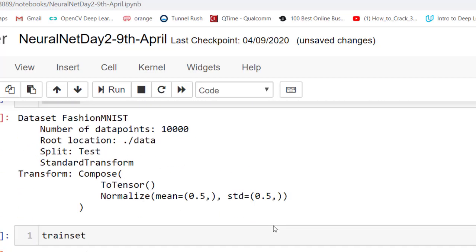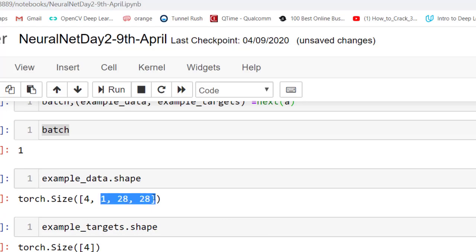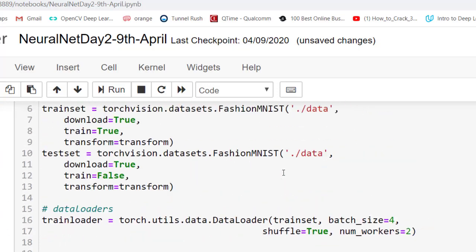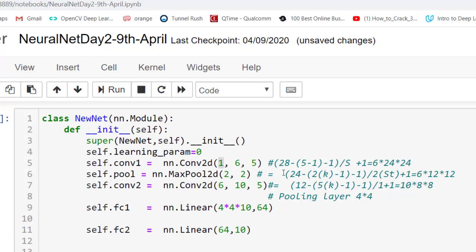This is the image, right? Image is only this much, so it has only one channel and 28 by 28 pixels, right? So the dimension of my image is 1 by 28 by 28, so this is going to take only the one channel input, and it is producing 6 channels output. You may say that I want to create a 3 channel output. Oh, it's up to you. You can create a 3 channel output, or you can even create a 10 channel output, but you need to experiment to see which is going to work for you. Okay, so here it is 1 channel input, 6 channel output.